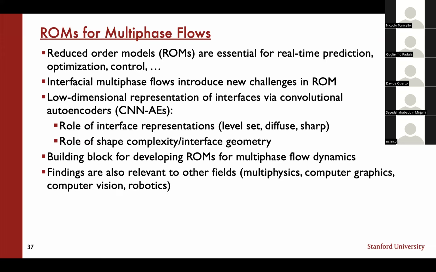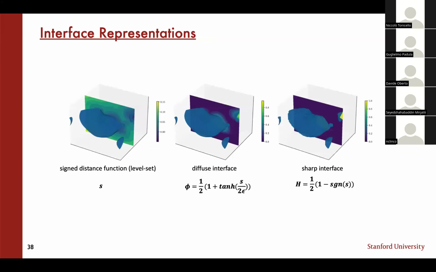And we think that the findings for this type of work, because we're dealing mostly with shapes only, are also relevant to other problems where you are dealing with complex 3D geometries. So the idea for this work basically came from a colleague who, when they saw we were trying to develop reduced order models for multiphase flows, said, oh, how about you are dealing with a phase field method, so you have a diffuse interface. How about if you basically look at the signed distance function for that and use the signed distance function as your representation